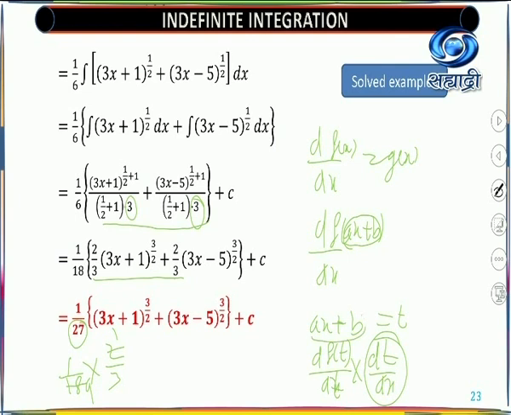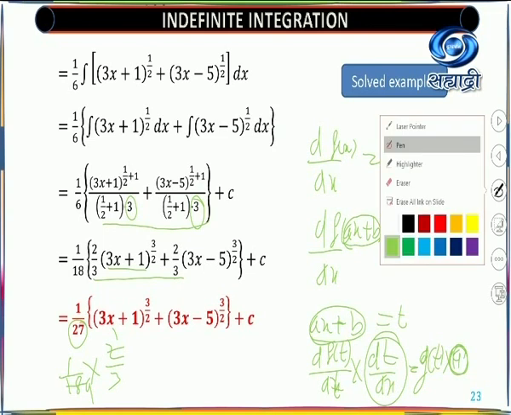dt upon dx means the derivative of ax plus b. So here you will get the derivative of f(t), which you can immediately write as g(t), into the derivative of t. The derivative of ax is a and the derivative of b is 0, so you get a. So a into g(t), this a is there. That means if the function is linear, its derivative is multiplied by a. And in our integration, if the function is linear, exactly the reverse procedure happens. That means the coefficient of x goes to the denominator.